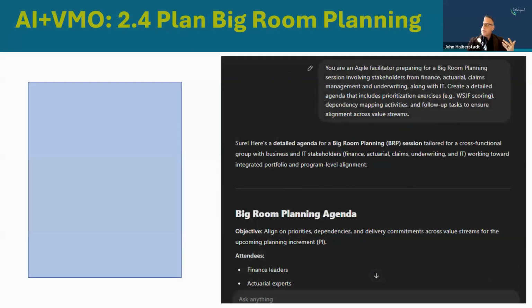And then finally, plan for big room planning. So you're an Agile facilitator. Note that I'm changing the personas in each of these instances to be specific to the context. You're an Agile facilitator preparing for a big room planning session involving stakeholders from finance, actuarial, claims, etc. For my insurance days, create a detailed agenda that includes prioritization exercises, dependency mapping activities, and follow-up tasks to ensure